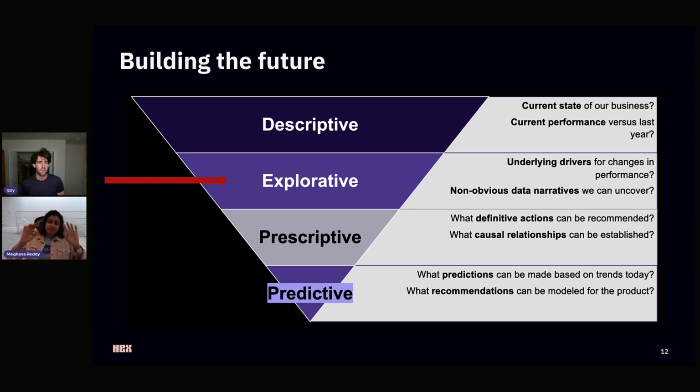Okay, so really just some closing thoughts here. Now that you've seen the demos and hopefully helped connect the dots from these big vision statements like speed and quality of insight to some practical examples, the last thing I wanted to leave you with was essentially this idea of what it means to build for the future.